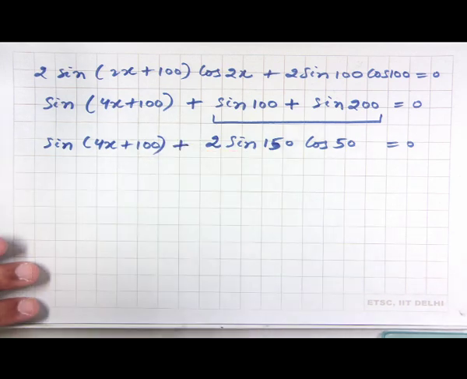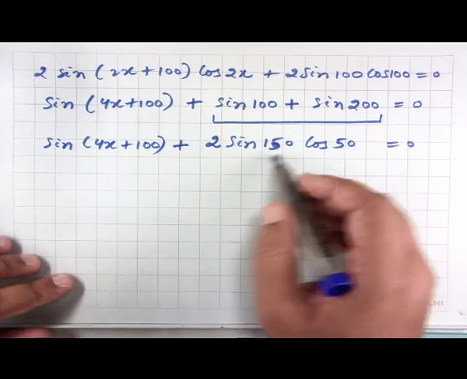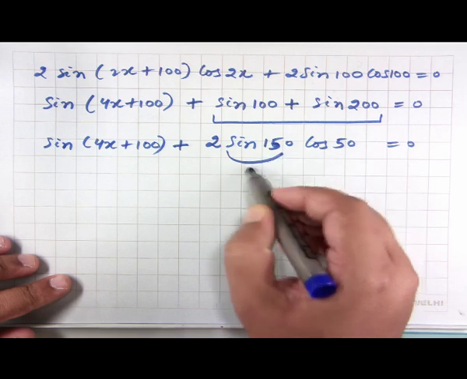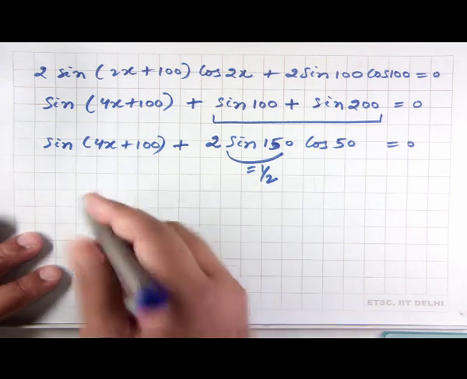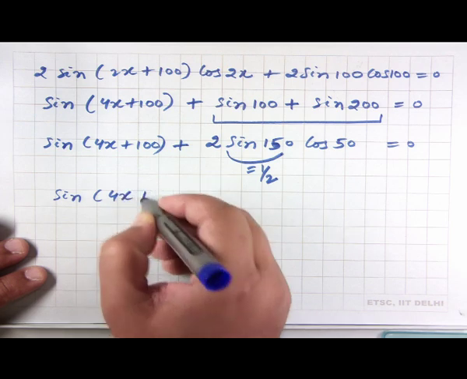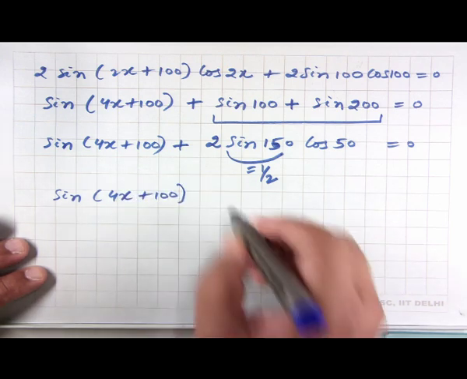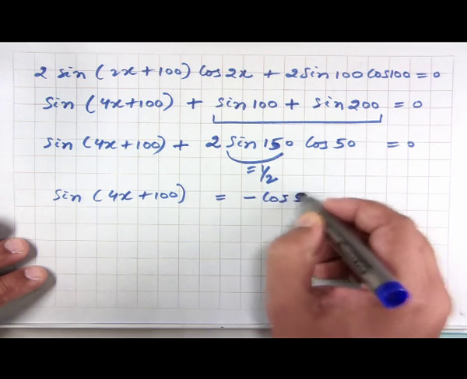But sin of 150 is the same as sin of 30 degrees, which is half. So 2 multiplied by half is 1. Therefore, what we have is sine of 4x plus 100 is equal to minus of cos of 50 degrees,